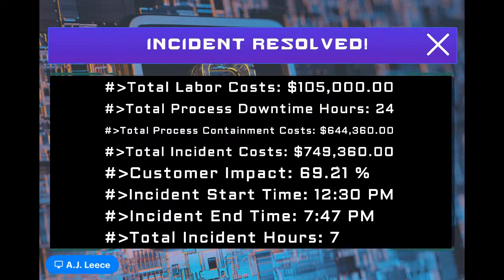We keep tabs on the time, right? How long this took to resolve overall, so that we can have the conversation of eventually you're going to have to get your people something to eat and somewhere to sleep. So that's the human consideration of the incident response. But I think my favorite part of this whole game entirely is it's 100% PowerPoint free. None. We just close the window and we're done.